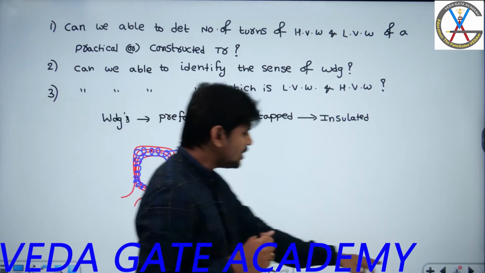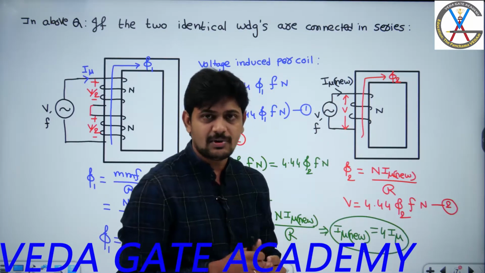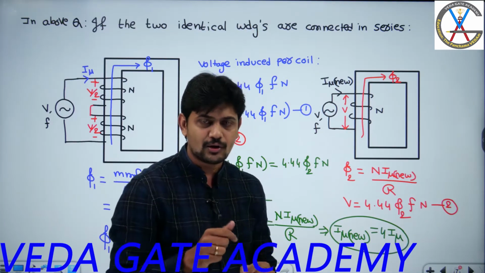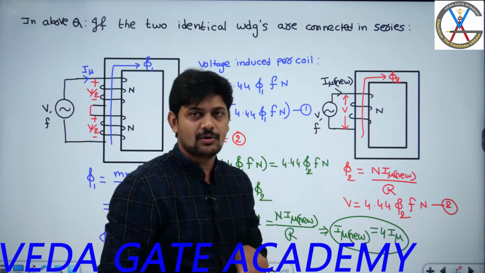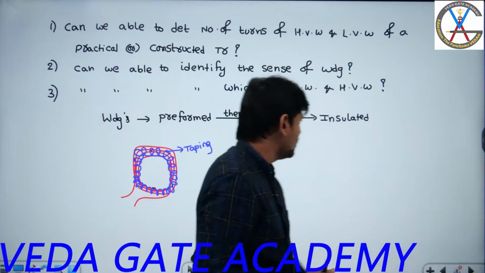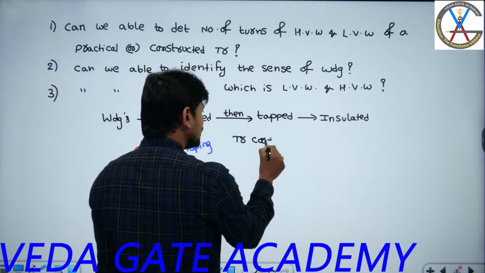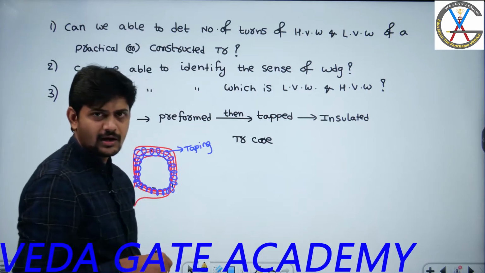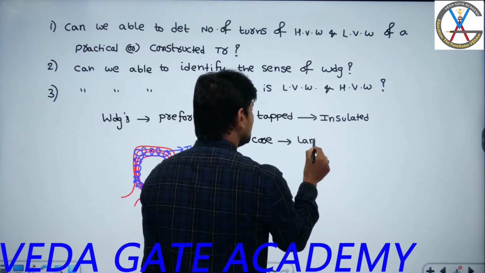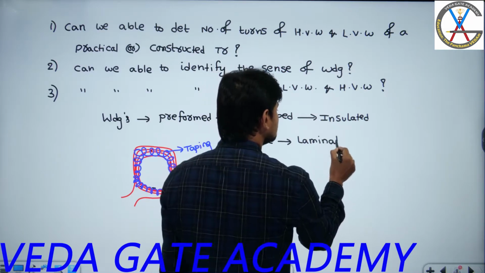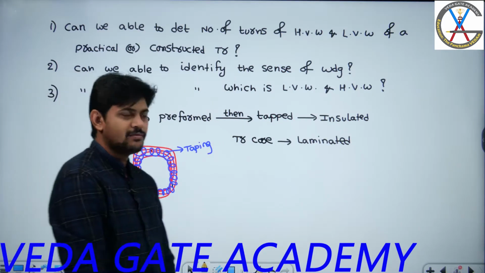Previously I showed a transformer core on which the winding is placed, but practically, first we will wind the winding and then insert the transformer core. How to insert the transformer core? Are we going to design a solid core? No, right? We are going to design this core as a lamination, so a laminated core. What is the purpose of laminations? We reduce the eddy current losses with the help of laminations.